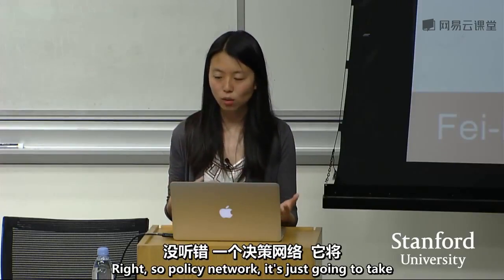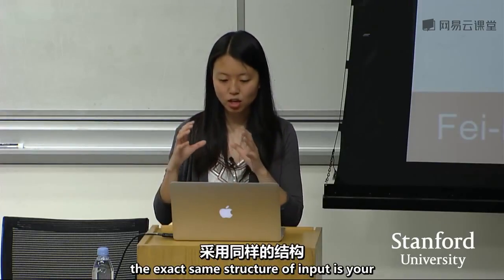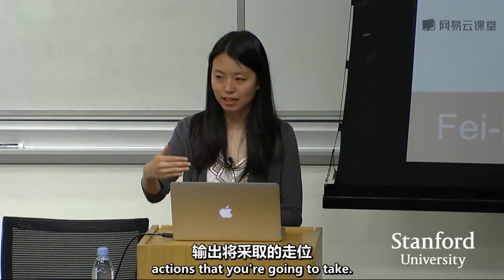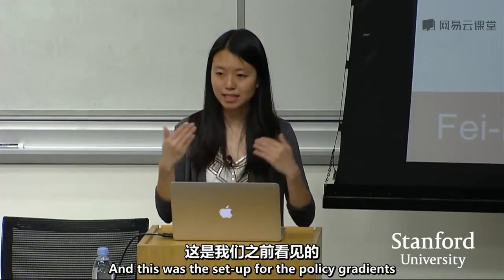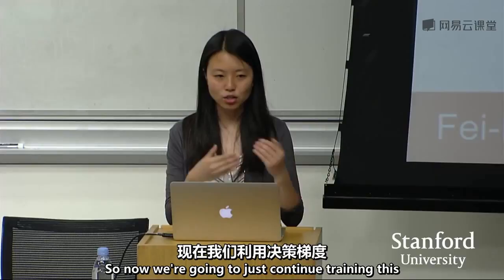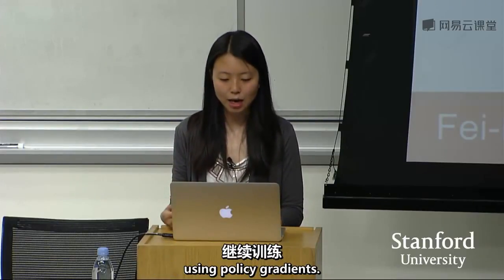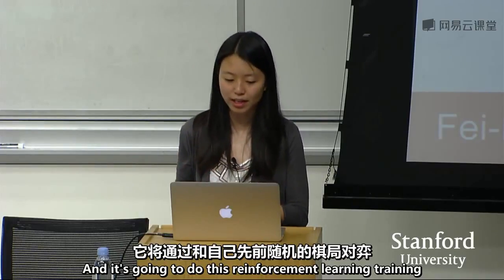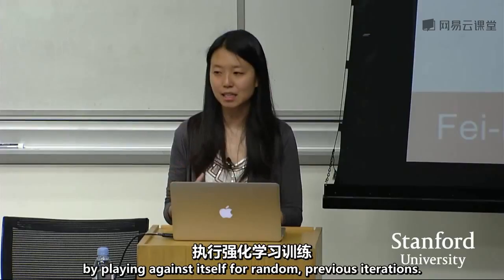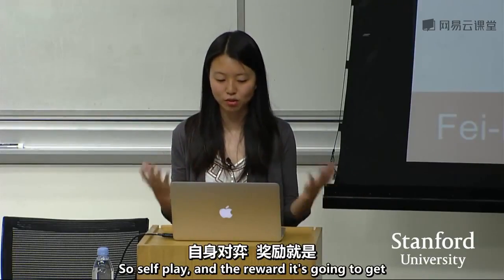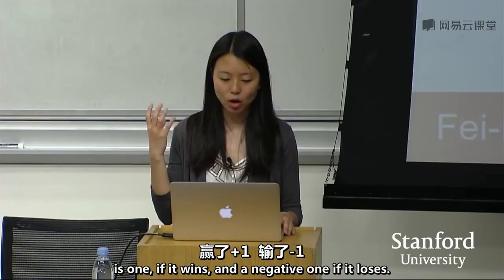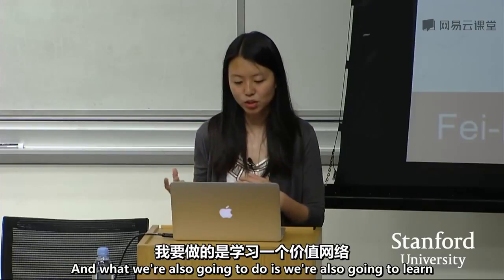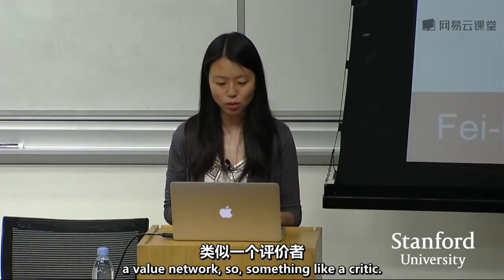a policy network. The policy network takes the exact same structure of input, your board state, and your output is the actions that you're going to take, and this was the setup for the policy gradients that we just saw. Now we're going to continue training this using policy gradients, doing reinforcement learning by playing against itself from random previous iterations. So self-play, and the reward it gets is 1 if it wins and -1 if it loses. And we're also going to learn a value network, so something like